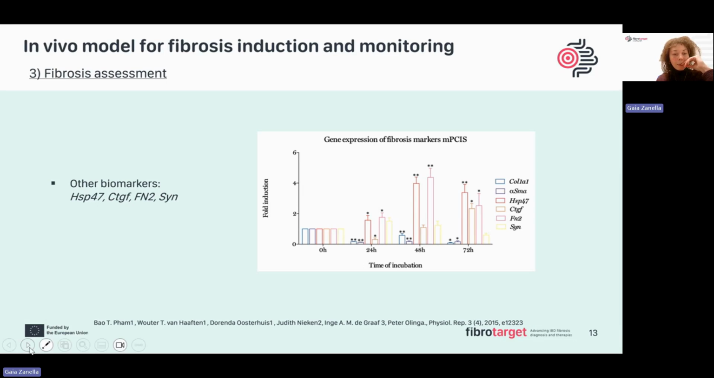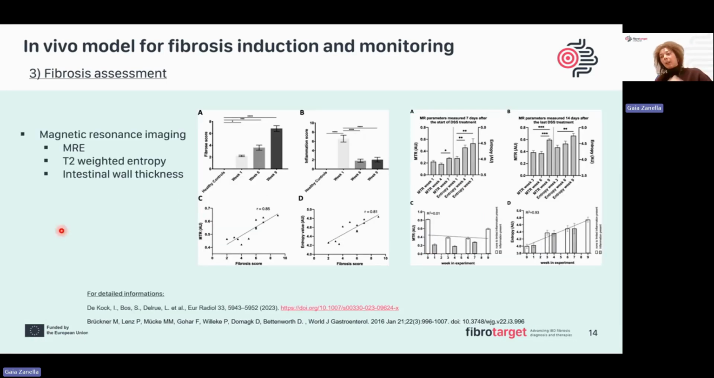Then another interesting tool that is now becoming, let's say, interesting for fibrosis assessment is magnetic resonance imaging, in particular magnetic resonance enterography. So here it's still quite challenging to discriminate between inflammation and fibrosis, so further development of this tool still has to be performed in order to use it to monitor fibrosis, but there are interesting